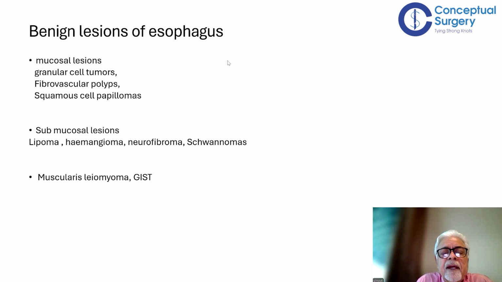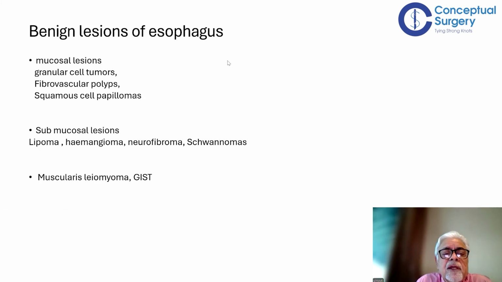So by endoscopic snaring of these papillomatous lesions, most of the lesions arising from the mucosal surface can be addressed. Now, in the category of submucosal lesions, we have lipomas, hemangiomas, neurofibromas, and